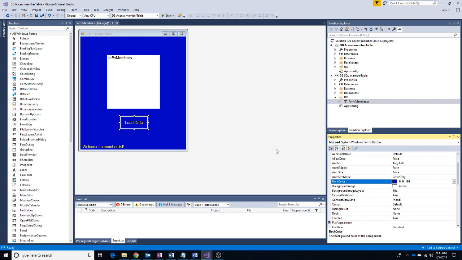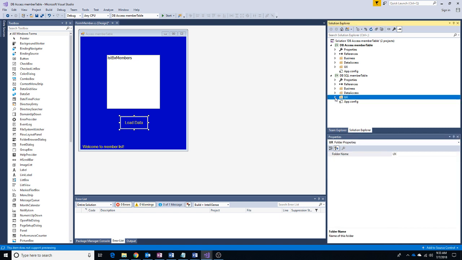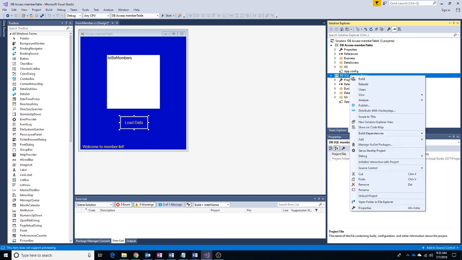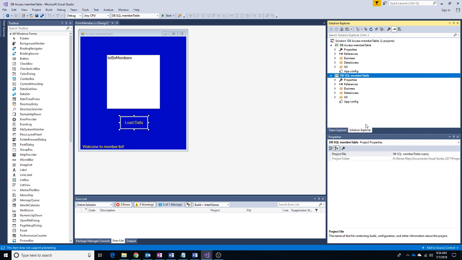Great. Now, if we were to run this application right now, we would get an error because we don't have our Access database file included in the project, but that's okay. We're not ready to run it. So first, let's make it the active project, and then let's make it ready to run. In our data access layer,